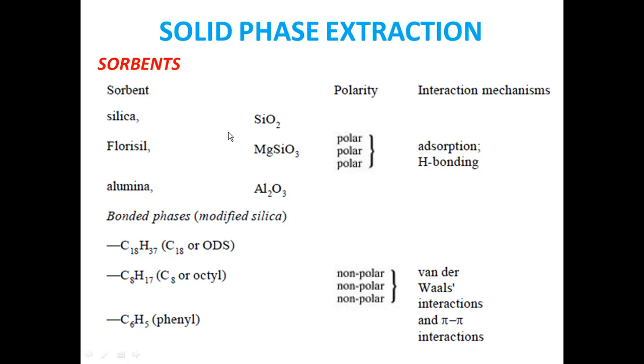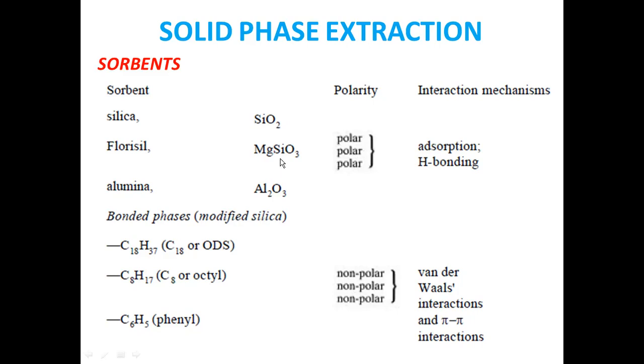Why are they polar? If you consider silica, there is attachment between silicon and oxygen, then oxygen and silicon, then silicon and oxygen. This will be continuous because it is polymeric in nature. At the end, an OH group will be there. Because of the OH group, silica will be highly polar.